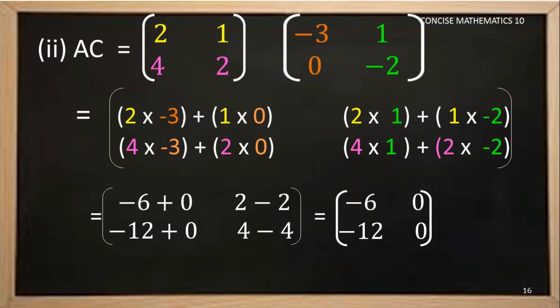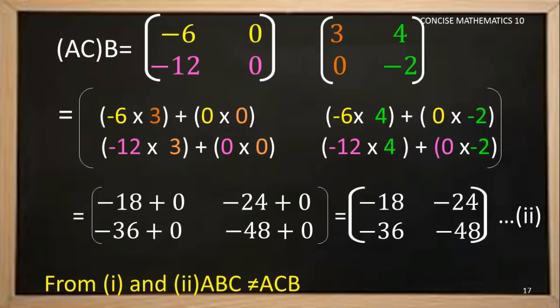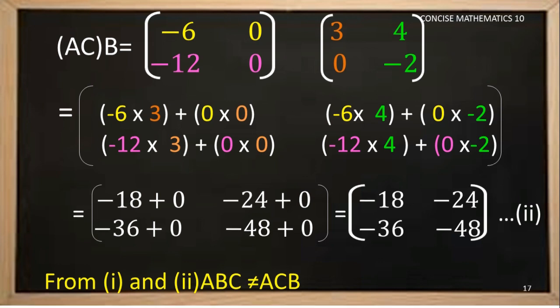The sub question 2 is ACB. So in the first step, calculate the product of A into C. Consider this as one product, that is AC, and multiply again with B and mark it out as result number 2. When you compare result number 1 and result number 2, we can easily say that ABC is not equal to ACB. Hence, we can say that associative property of multiplication will not hold good for matrices.